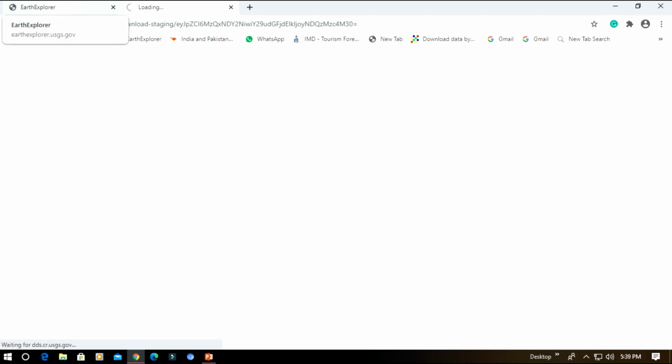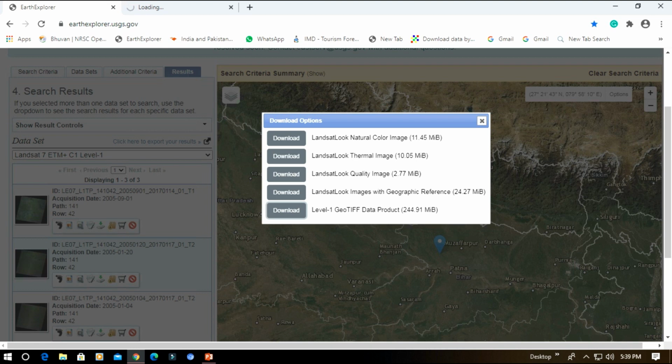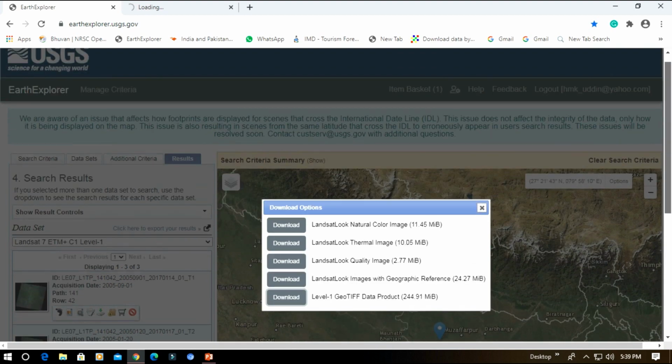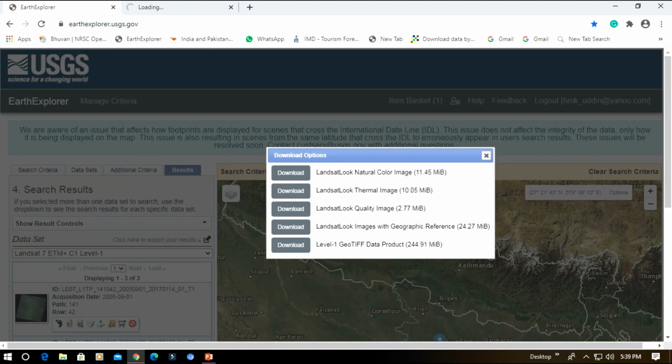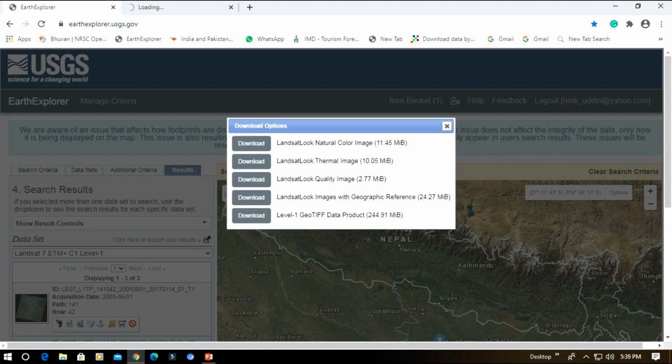In this way we can easily download the satellite image from the USGS portal, and it will be helpful for our different purposes.